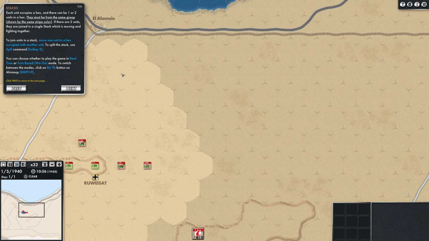To join units in a stack, move 1 unit to a hex occupied with another unit. To split the stack, use the Split command. You can choose whether to play the game in real-time or turn-based mode. To switch between the modes, click right top and...